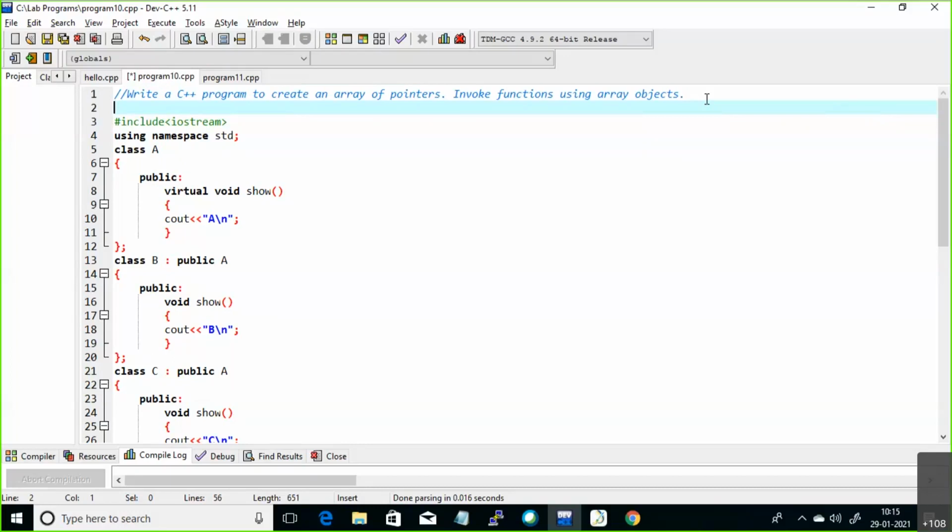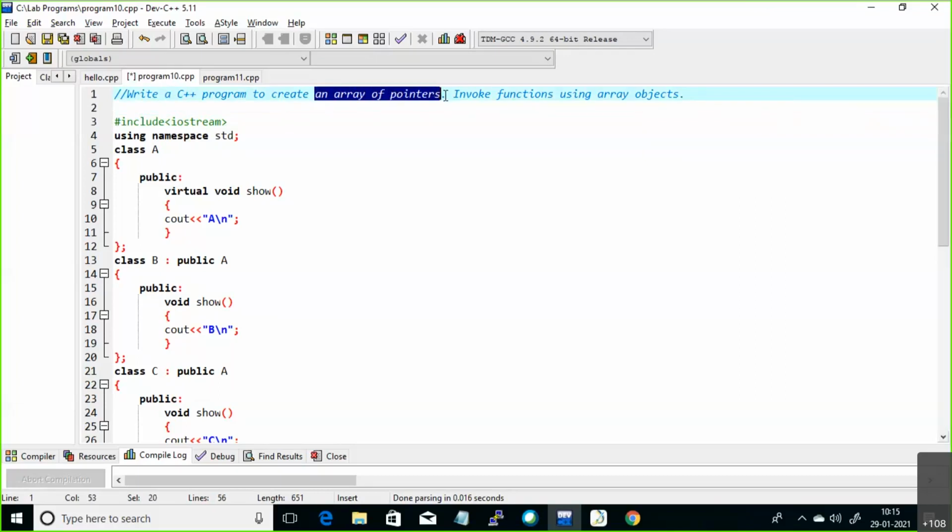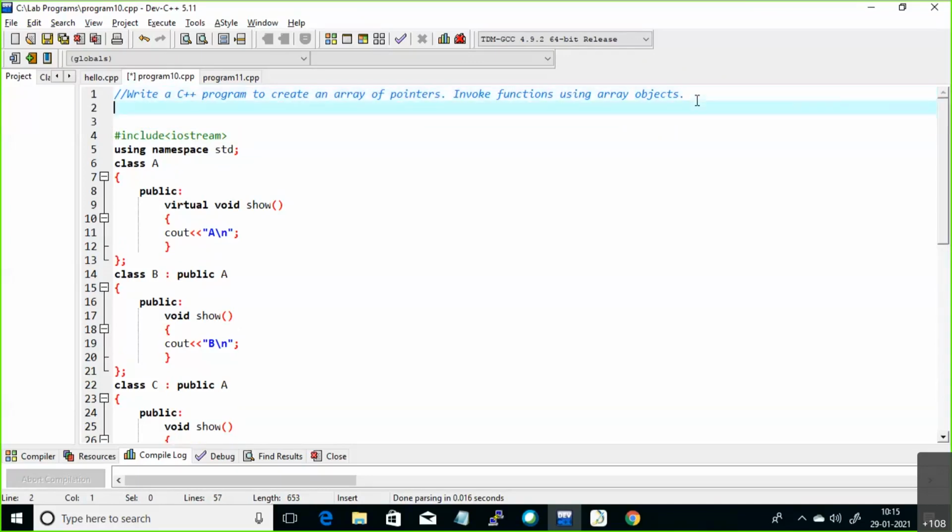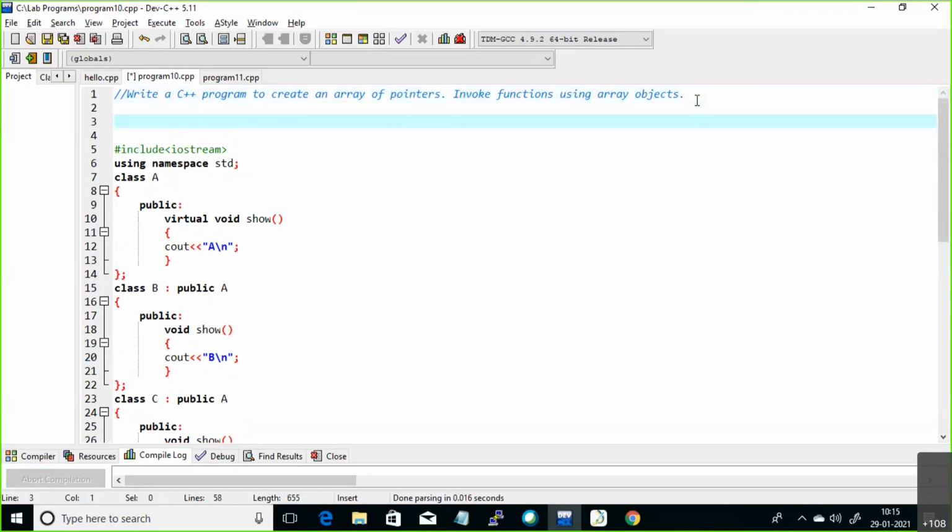See, here what they are asking is: write a C++ program to create an array of pointers. You are making one array, and that array consists only of pointers. For example, here I will write an array, simple int a, or array name.